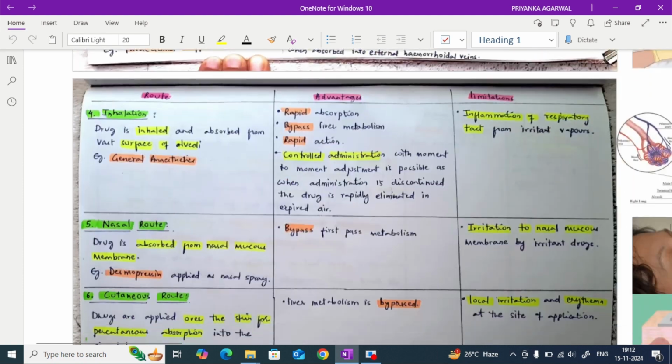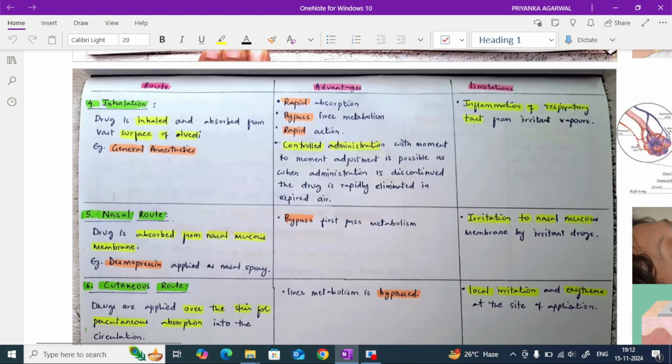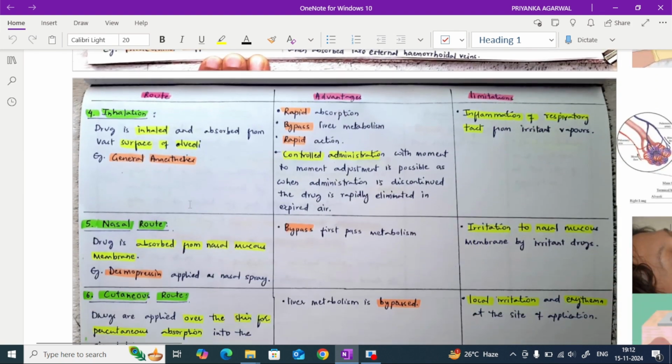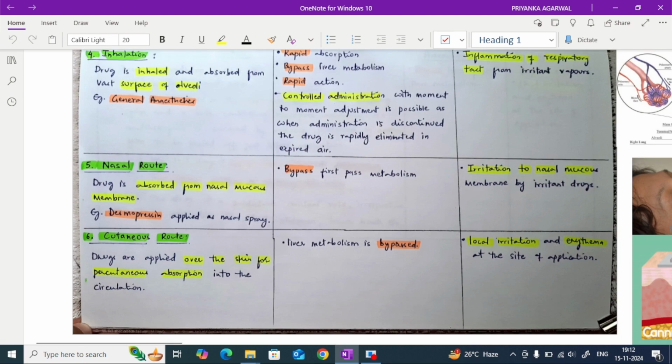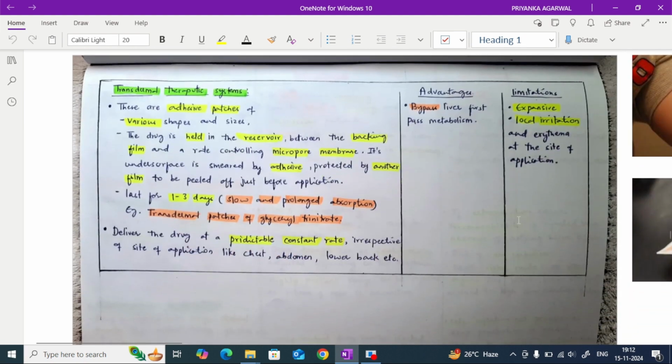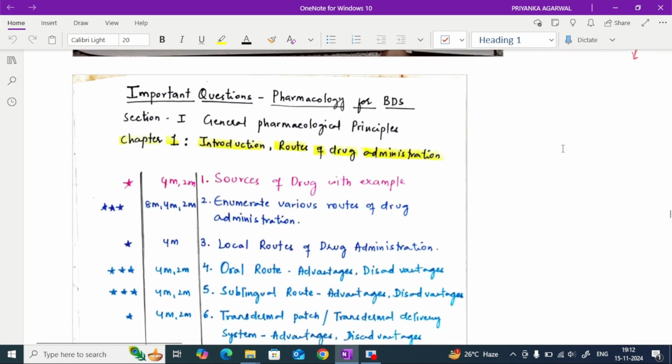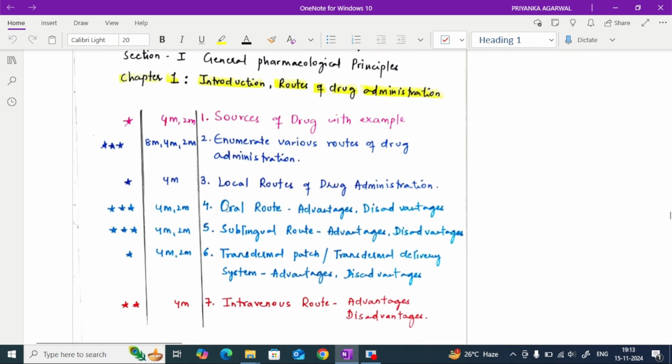Now then what did we study? We studied inhalation, nasal route. So for inhalation, in the advantages, write same as sublingual. Okay, nasal is very simple. Same thing goes with the cutaneous, what it is, same 2 points. Transdermal again, what it is and same 2 points. Simple, right? Okay, so when we go to the questions now, so questions from this topic are oral route, advantages, disadvantages,